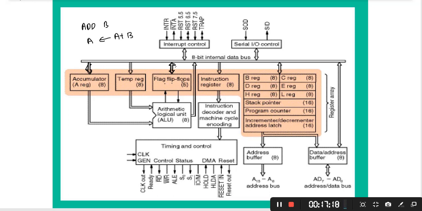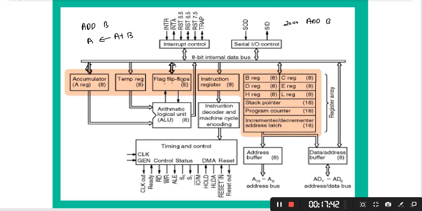Now the next section in the architecture is the instruction register. For example, if I write an instruction like ADD B, it has an opcode as well as an operand.